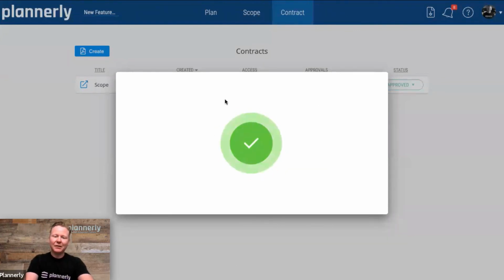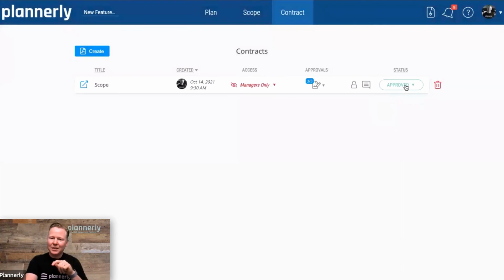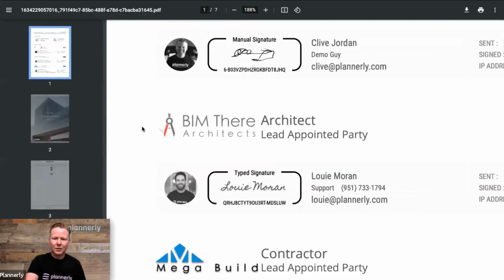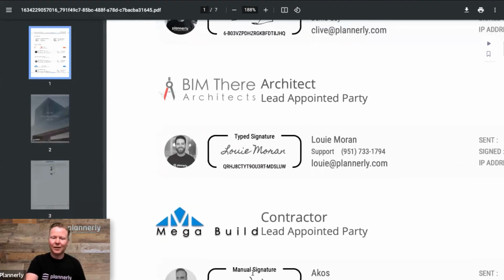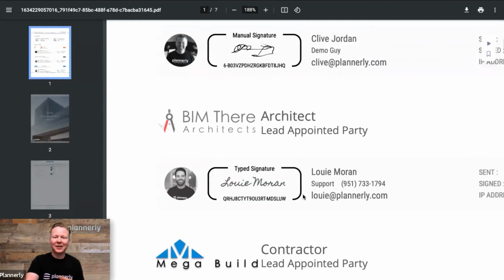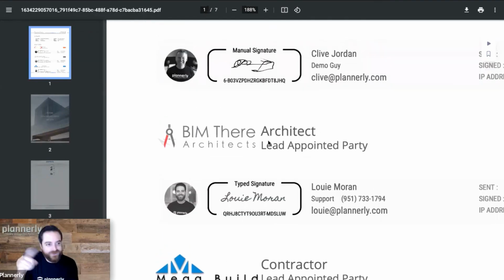So now that document has gone through all the statusing and it's automatically gone to the approval status, and I can open that document and see the signatures in the list for each of our teams. Akash, I like that. Very, very solid signature, cannot be replicated. I used the little manual thing too.